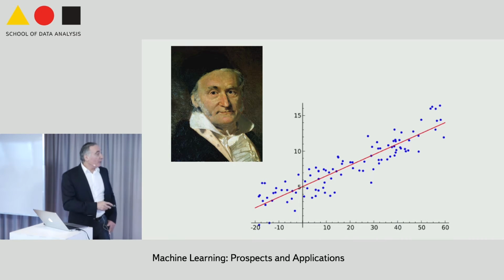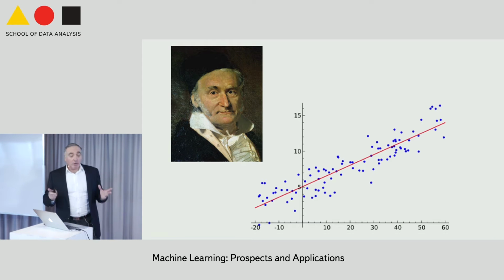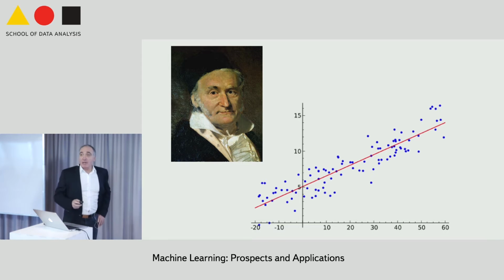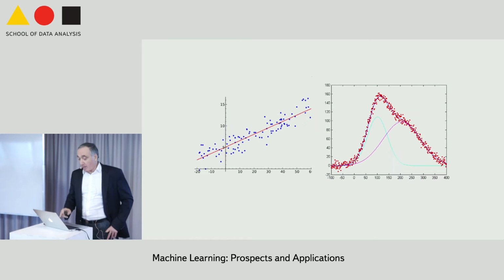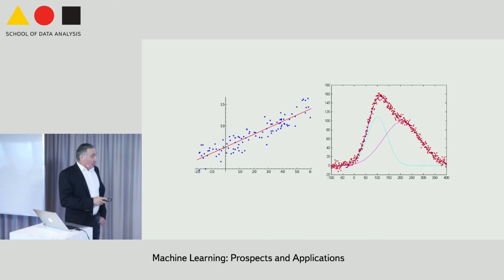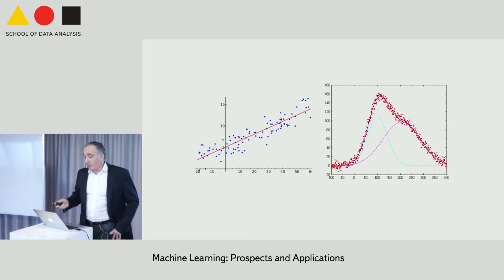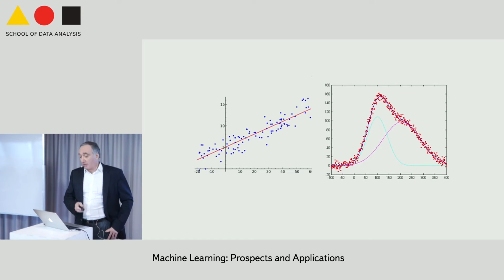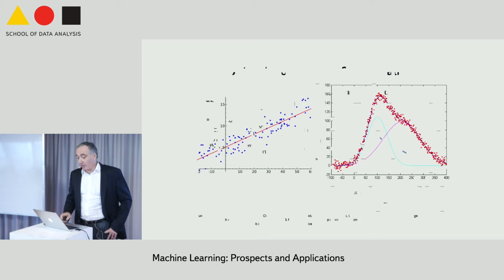Except today you want to do linear or nonlinear regression in very high dimensional space with very large amounts of data. So if you have something like this, you need much more flexible functions than linear functions to try to fit data that looks like this. And of course, we have deep learning, neural networks. You can use Gaussian processes and all kinds of things. But in a nutshell, this is pretty much what is going on.